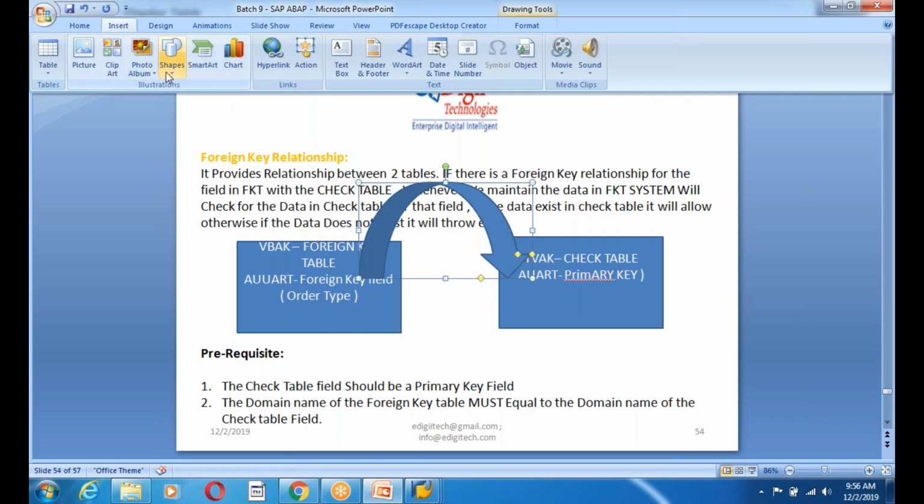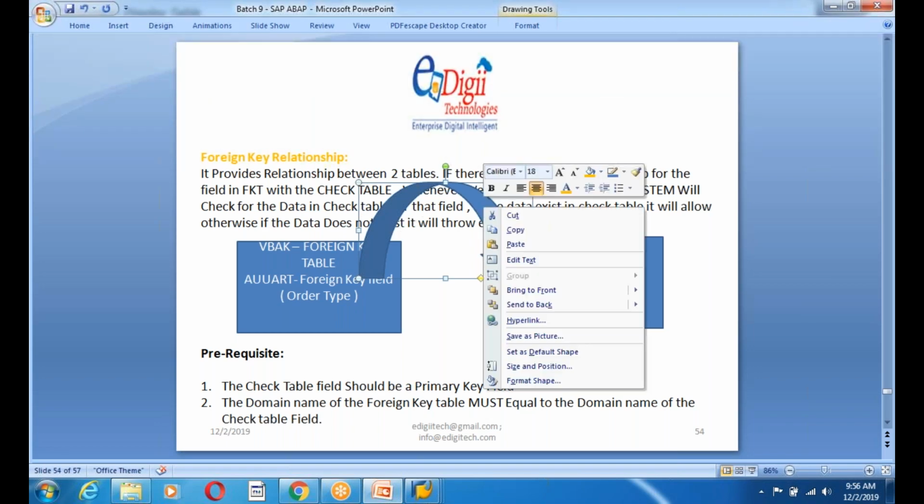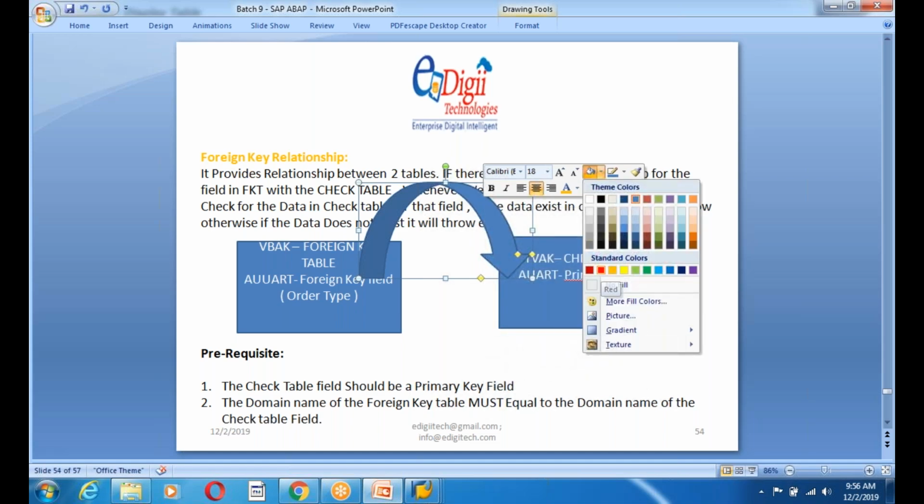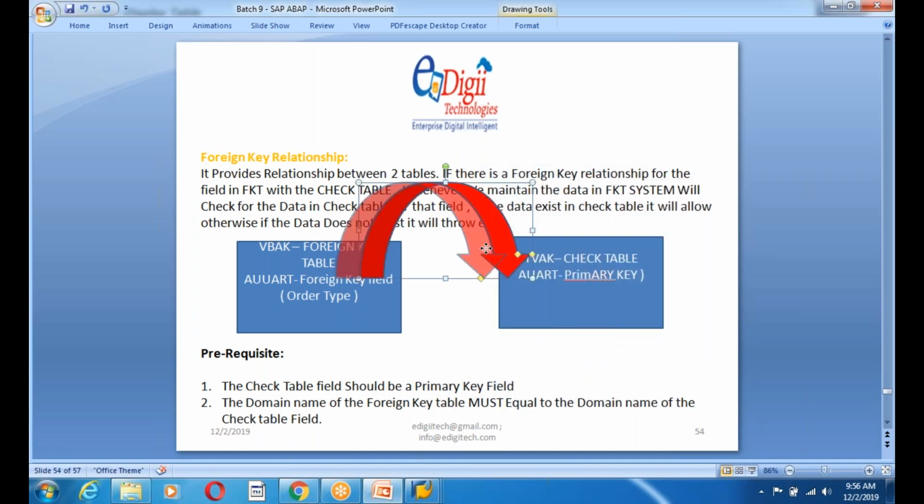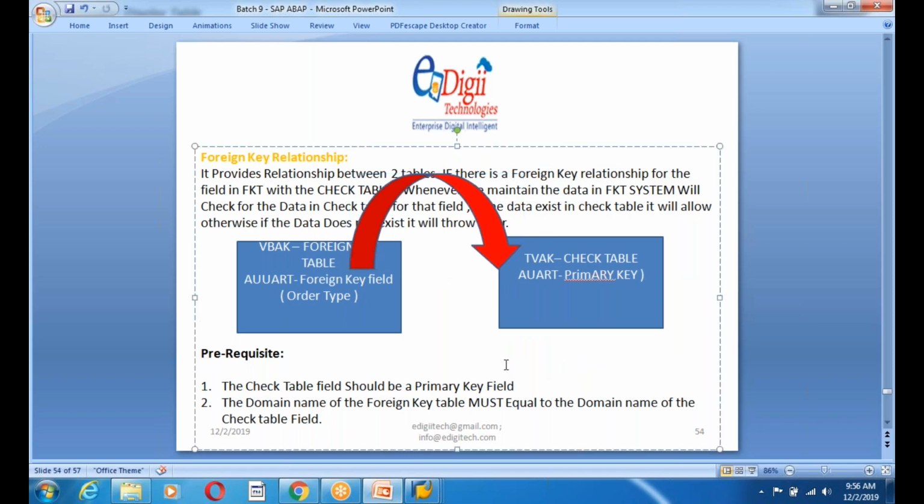See what I told. The precondition to build a foreign key relationship is that the check table field should be a primary key field.